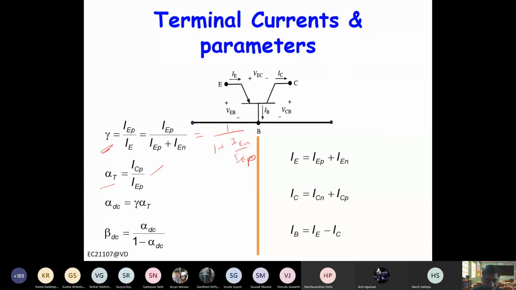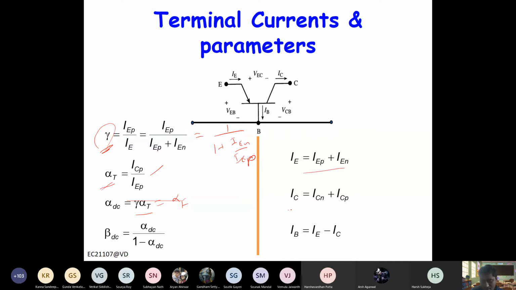And alpha is basically, it's sometimes called alpha forward, right? So it is basically the product of two, base transport and emitter injection efficiency. Of course, we have alpha forward, we will have alpha reverse also, right? So reverse is basically when you operate this BJT in inverse active mode. So then you will have similar terms like injection efficiency for collector. And of course, because it is not designed that way, so it will be different. It will not be as good as the forward active mode. And beta is of course alpha by 1 minus alpha.